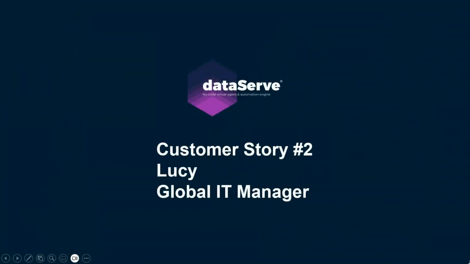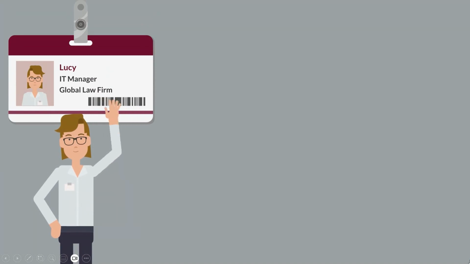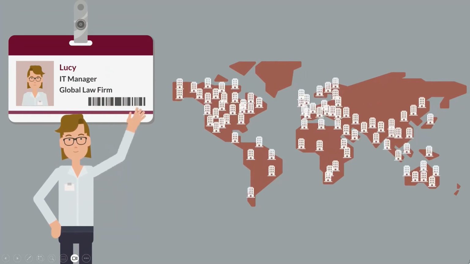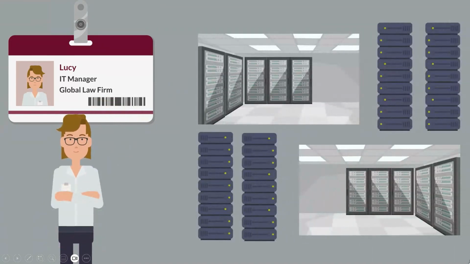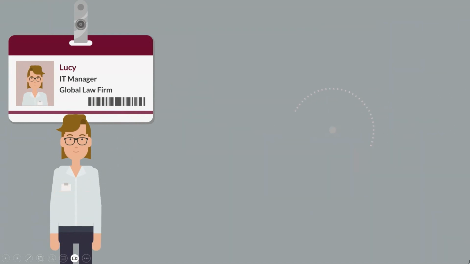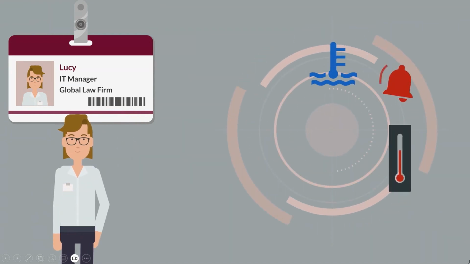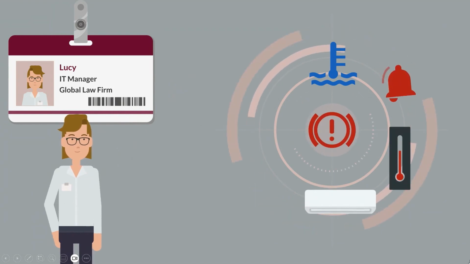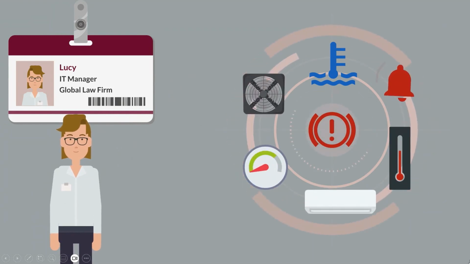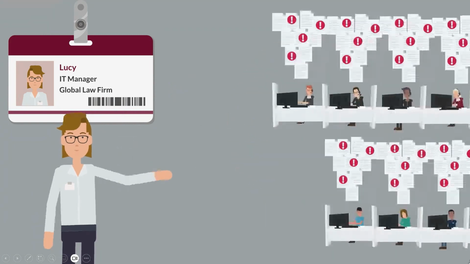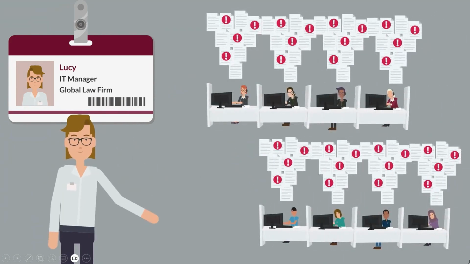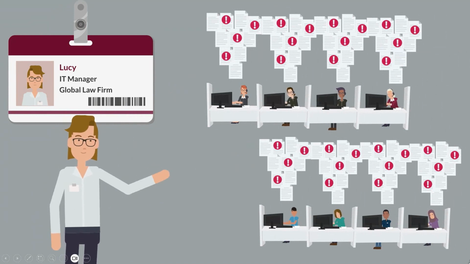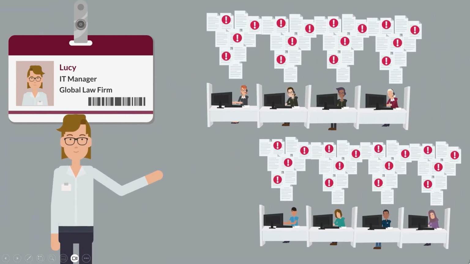After that, we will check in with Lucy, who is the IT manager for a global law firm. Part of her role involves supporting 2 data centers and 40 server rooms, comprising hundreds of individual servers and, of course, IoT devices, such as immersive cooling technology, including pump speed and coolant temperature monitors, flood detection systems, and door alarms. She also manages 20 IT support staff across first and second line, handling thousands of incidents, service, and change requests a year.